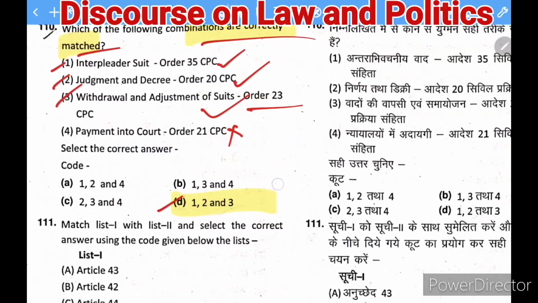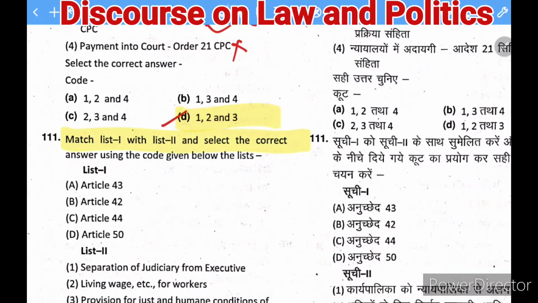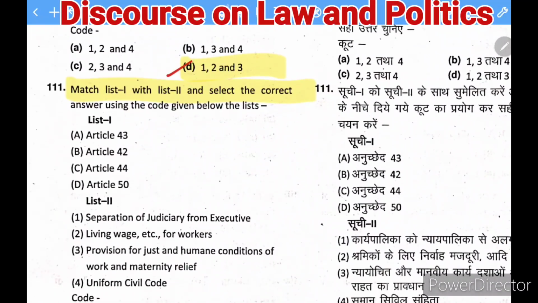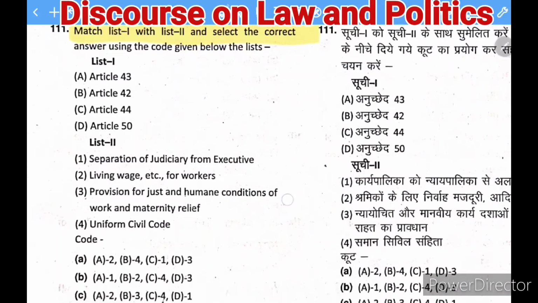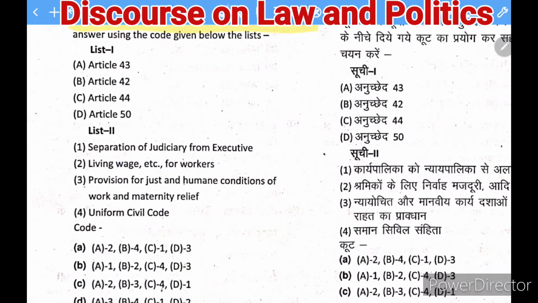Moving to the next question. Again, this question is also from matching the list. The options given here from the Constitution: Article 43, 42, 44, 50, and the provisions are given here. Let's see which is correctly matched and which is the proper code here. So just see here, Article 43 is about living wages